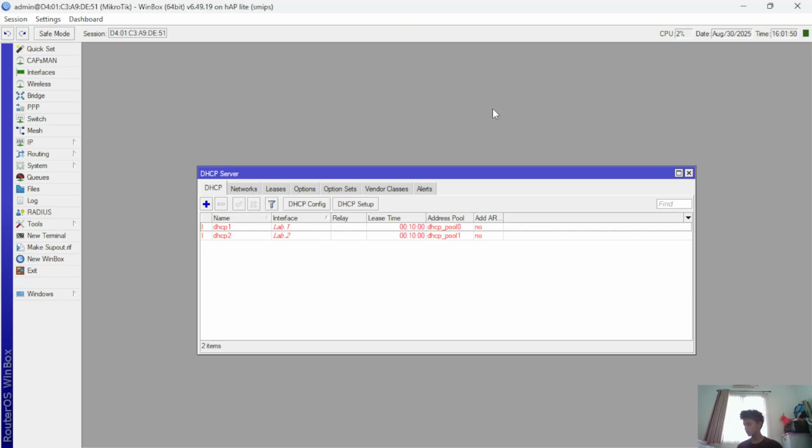Because the router is not connected with the switch. If we connect the router to the switch, it will change to black. So this connects.